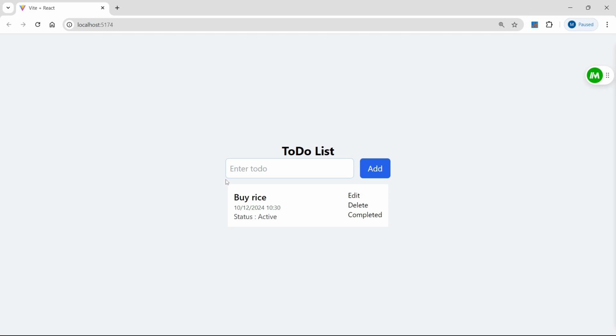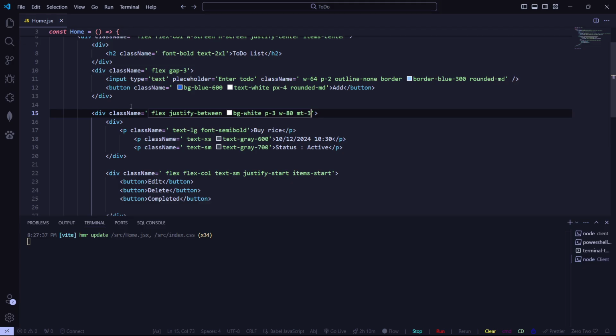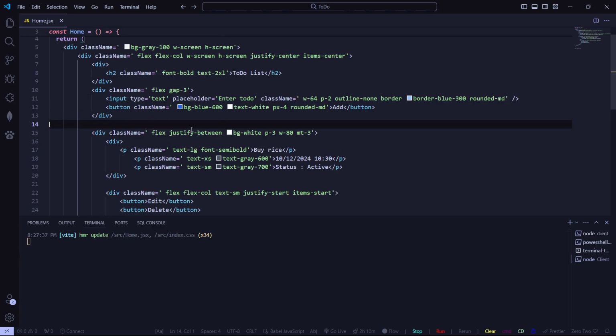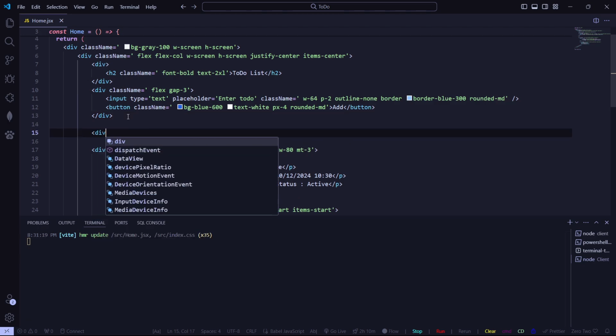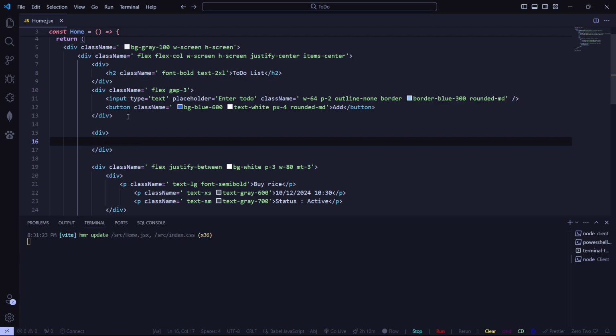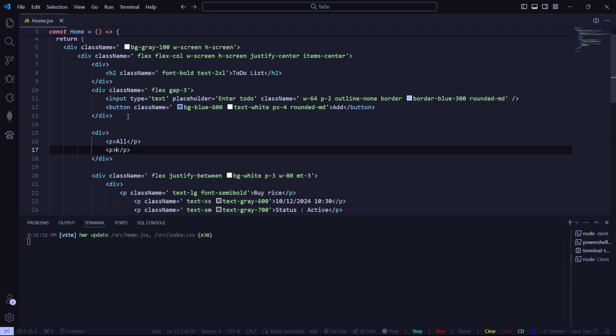So now add categories to display our tasks based on active tasks, completed tasks, all tasks. Okay, now you need to add tabs. So I am taking another div after my input tag. Okay, this is my another div for tabs. Let's add three tabs, that is all, and another one is active